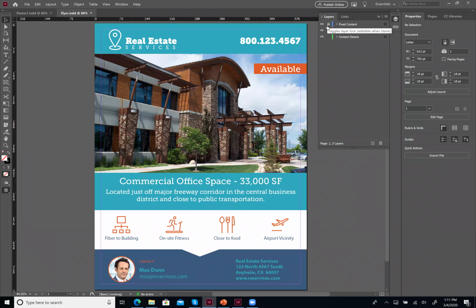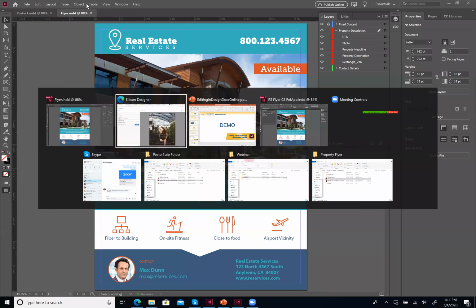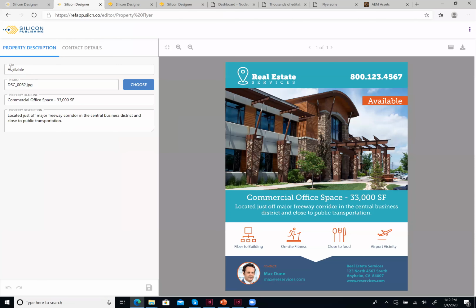So I've locked some of the content. And you might want more friendly field names, so I've named some of the fields. And then this would show up, and I won't upload it in front of you, but I did earlier. This will show up with the right field names, and it will show the